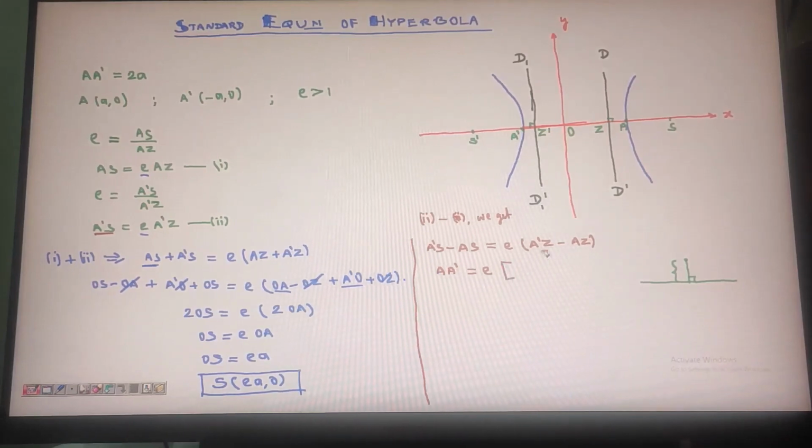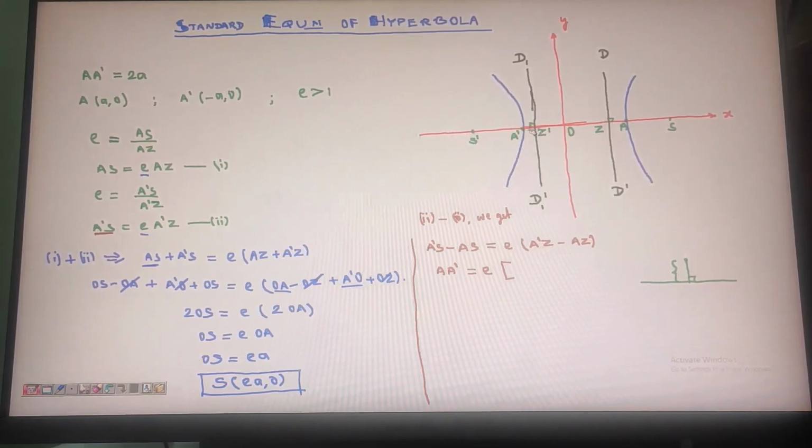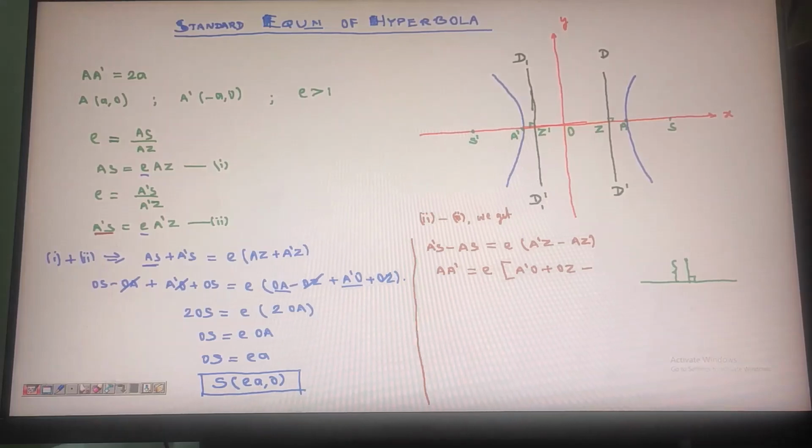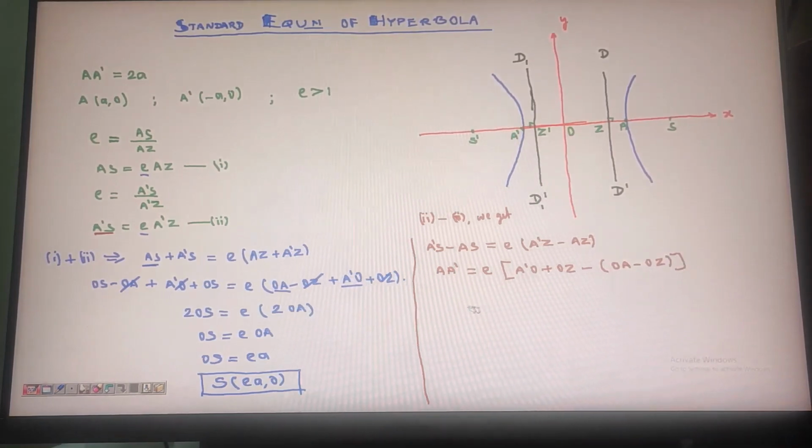Now again, A'Z is nothing but A'O plus OZ, and AZ is nothing but OA minus OZ, right? So A'A is nothing but 2A, which is equal to